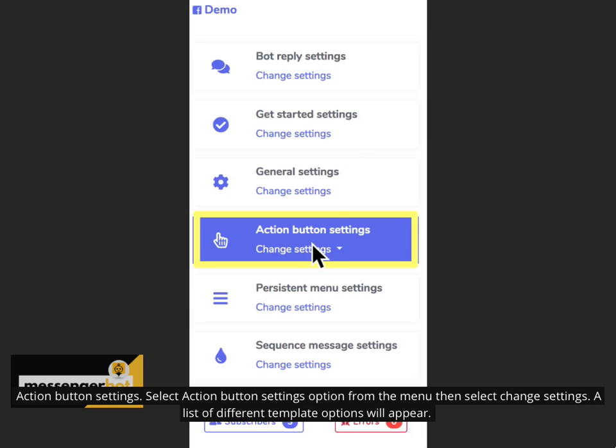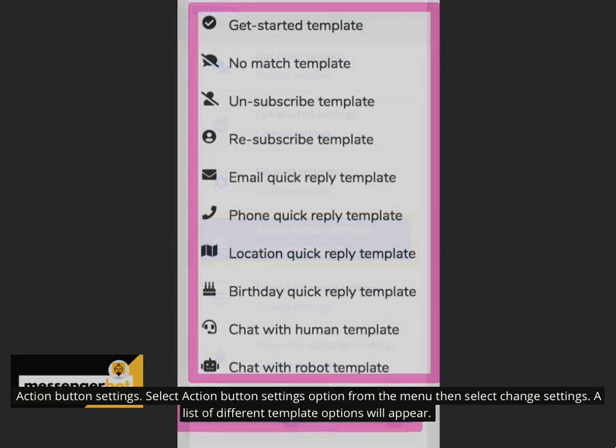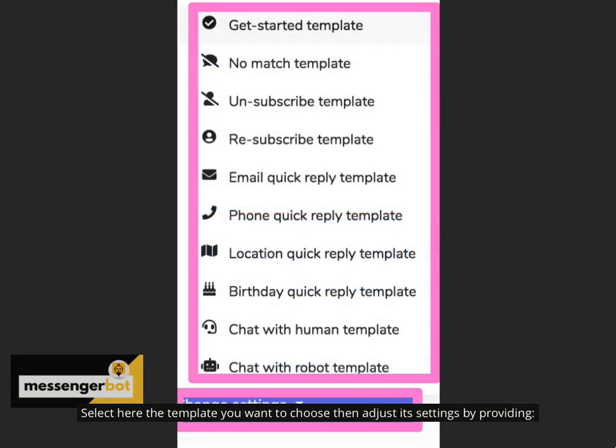Action Button Settings. Select Action Button Settings option from the menu, then select Change Settings. A list of different template options will appear. Select here the template you want to choose, then adjust its settings by providing